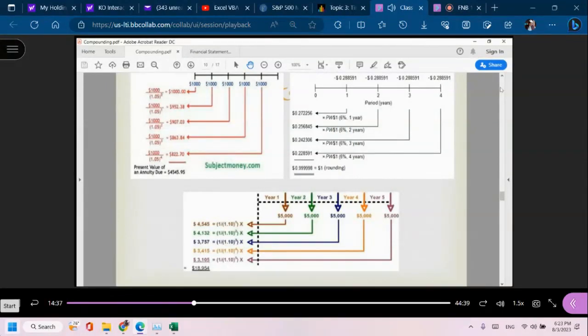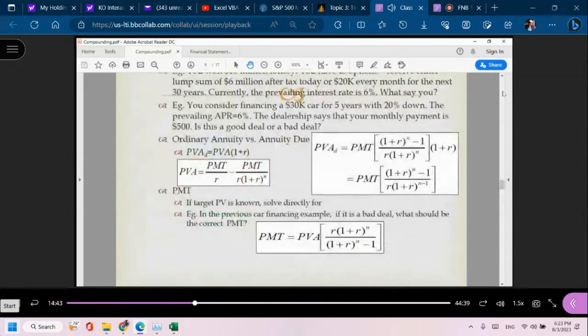Because all those $20,000 spread over 360 months are like oranges, and today's $6 million is like an apple. You cannot compare apples with oranges, right? So the only way you can compare them is by converting all the oranges into apples, right? And of course, we can do this because we're talking about the dollar value. Physically you cannot turn oranges into apples, but this is an analogy only,